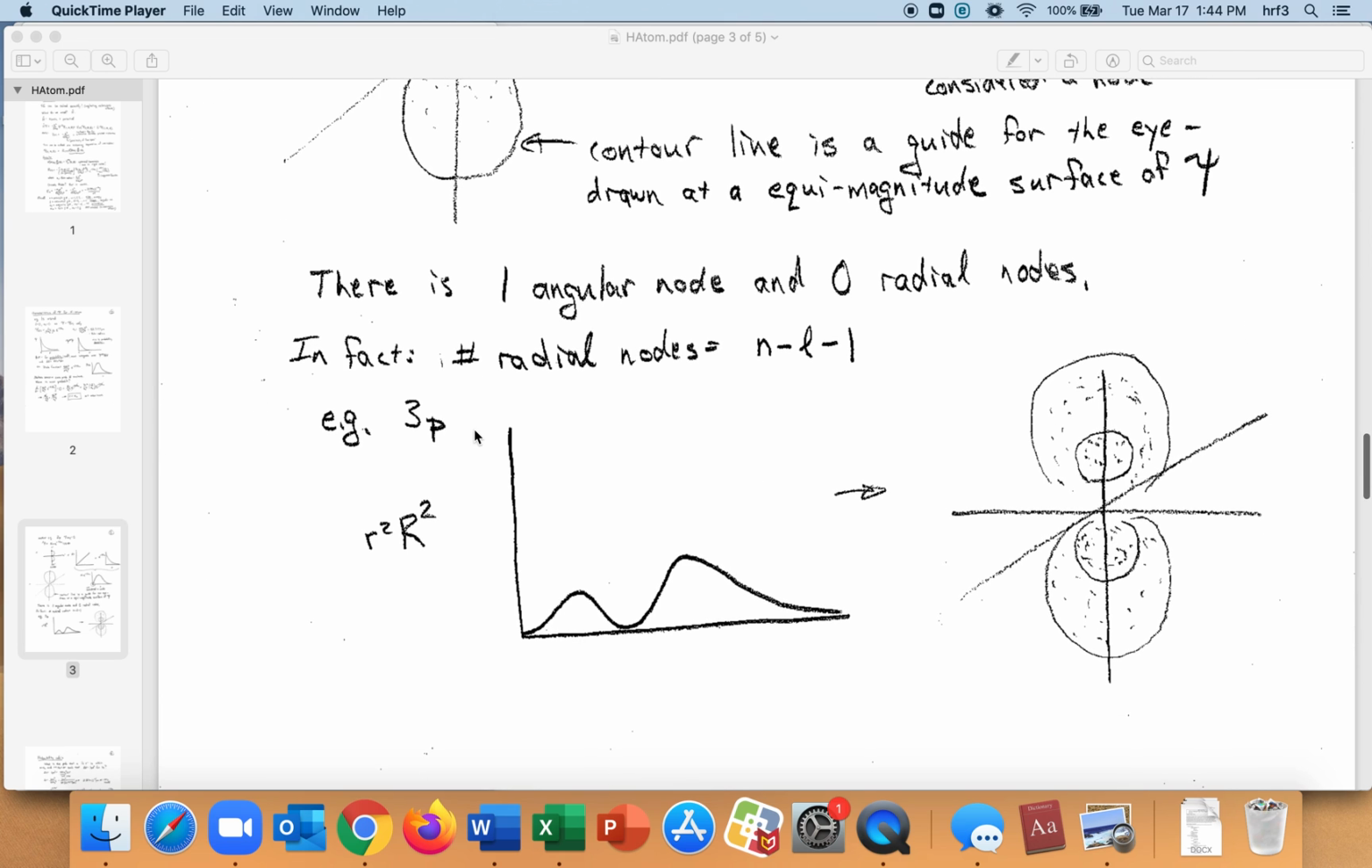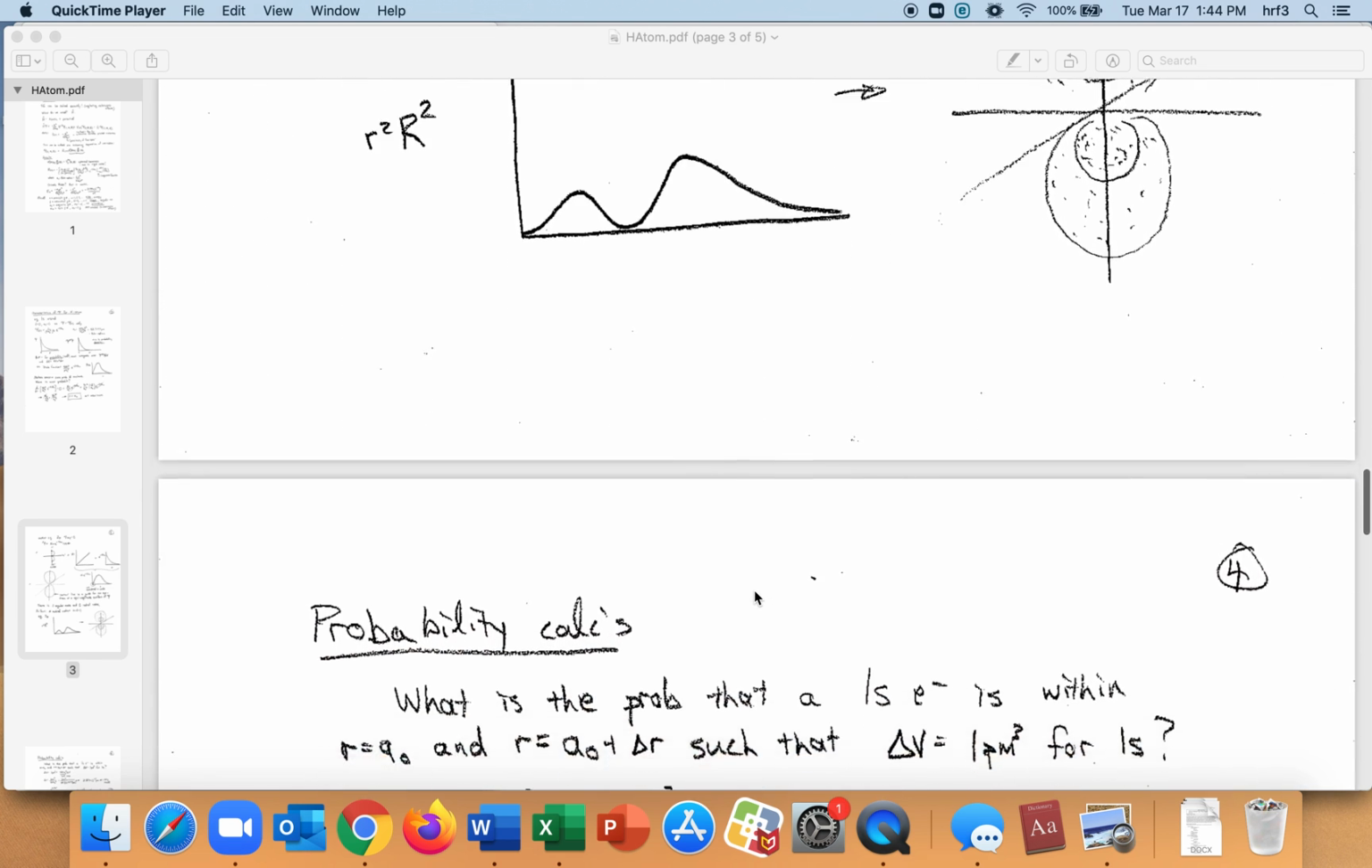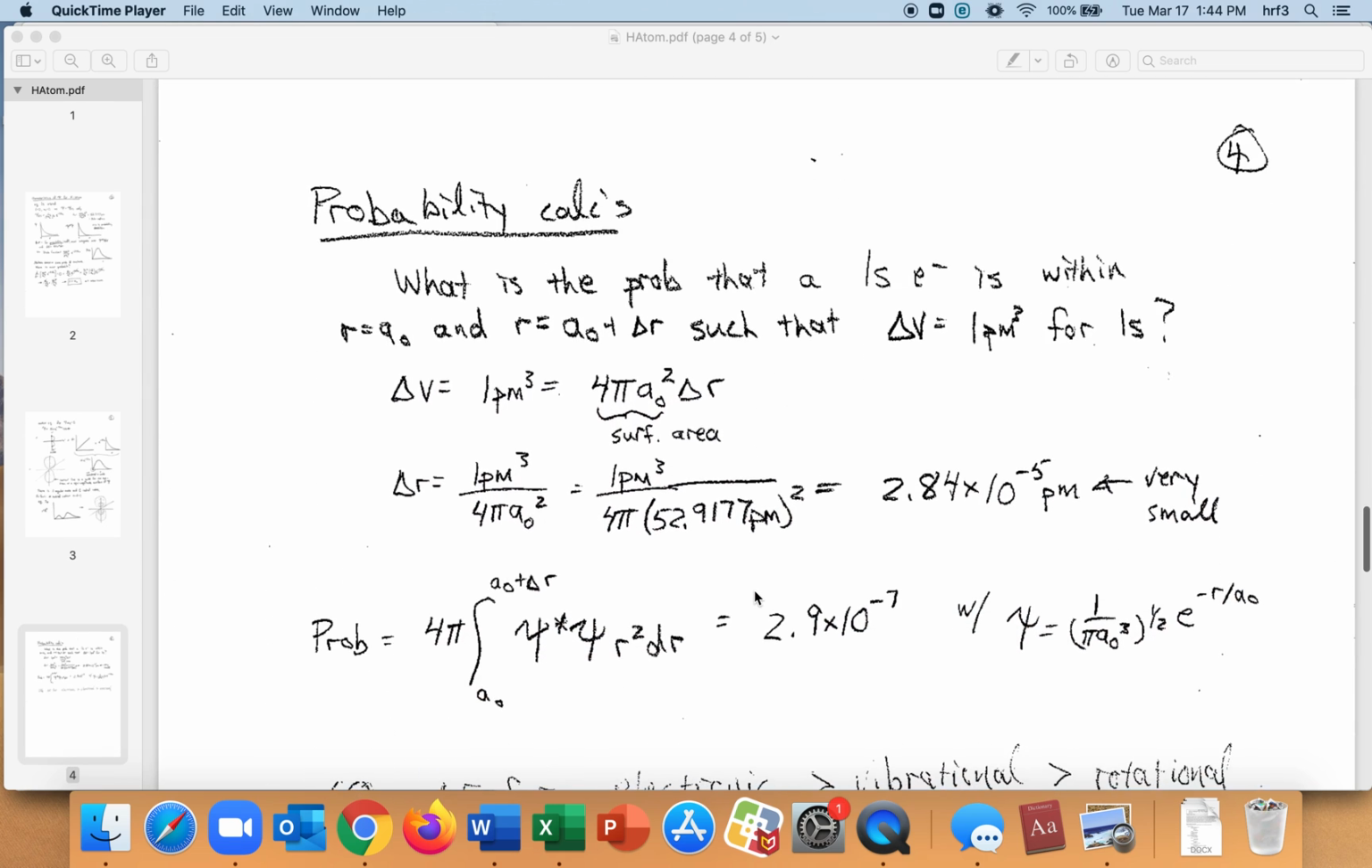So for a 3p, you do have a node here because n is 3, p, so L is 1, so 3 minus 1 would be 1. So you have the 1 radial node there. And so in a 3p orbital, you have this p orbital shape, and then it comes to 0, and then another p orbital shape. So you've got the radial node and the angular node. All right,